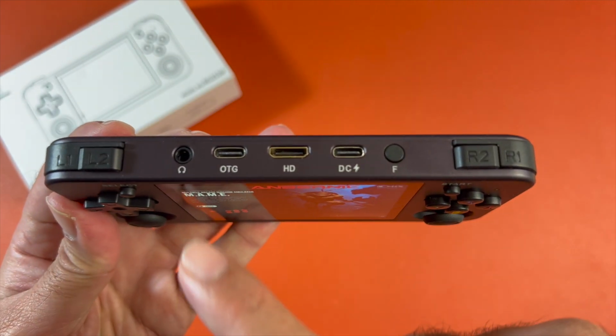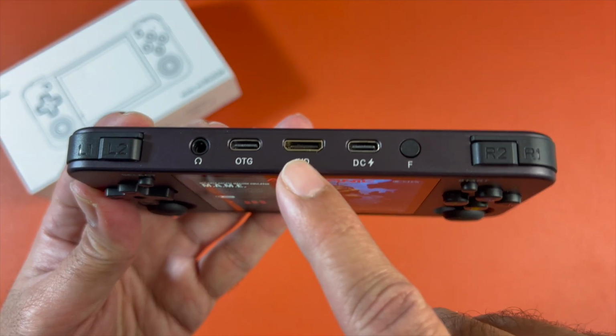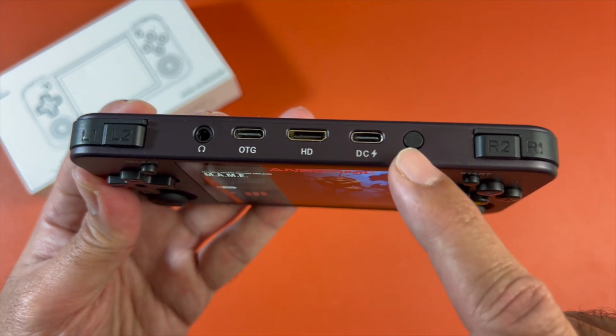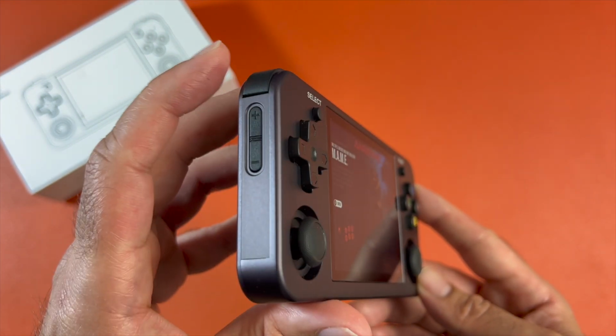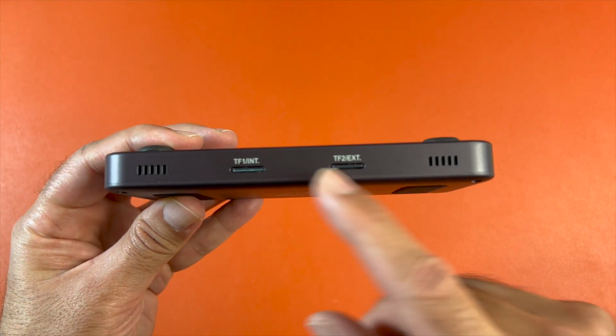In the middle you can see headphone jack, Type-C OTG port, we've got a mini HDMI out for some big screen gaming, we've got a Type-C power socket and a function button. Now on the side we have a power button and a reset button, and on the other side we have a volume rocker. At the bottom of the console we have our stereo speaker grills, and we've got 2 microSD